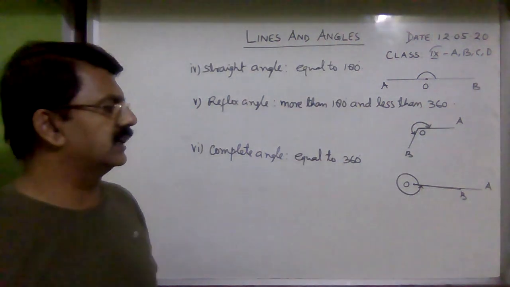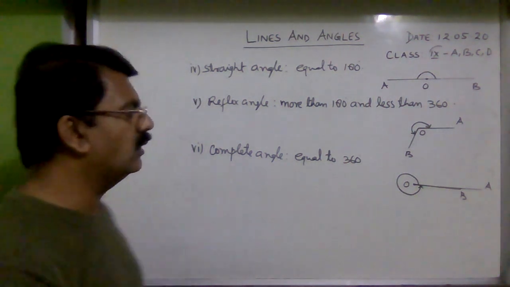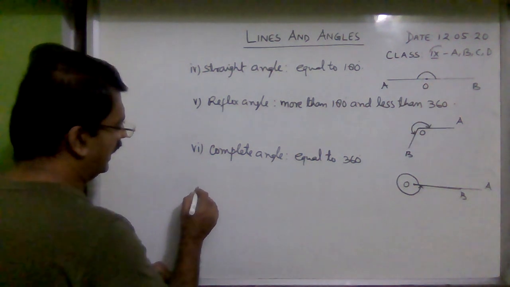So this is angle 360 degree. So this is complete angle. Clear? Now one more type of angle is there, and that is called